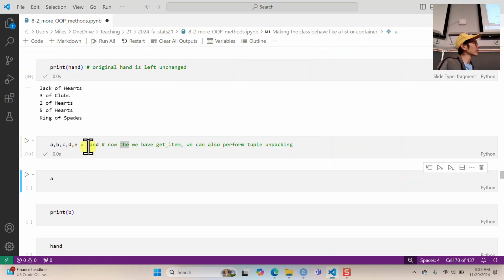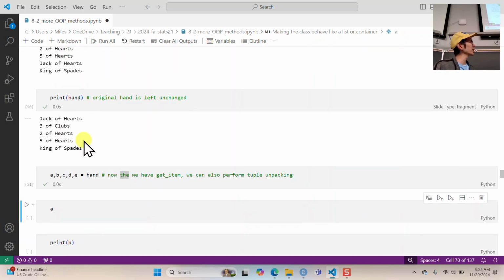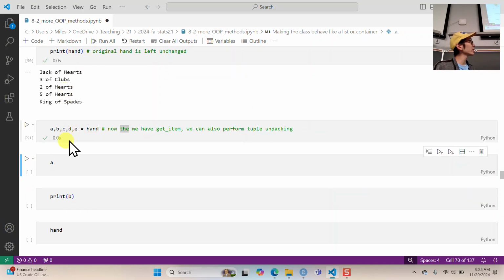So now, just by implementing that double underscore get item, I can now take advantage of all of these things. Calling sorted, I can do tuple unpacking. I can take the hand, it's got 5 cards in it. I can unpack it into 5 things here. And so A is going to be